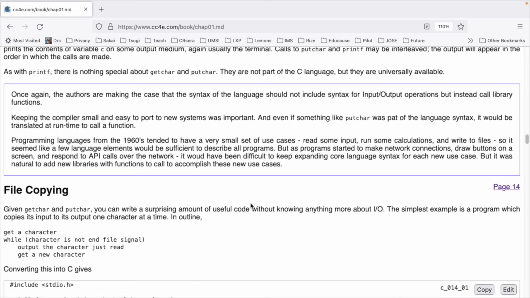Once again, I would note that the authors are making the case that the syntax of the language should not include syntax for input-output operations, but instead call library functions. Keeping the compiler small and easy to port to new systems was important to the creators of C. And even if something like putchar was part of the language syntax, it would be translated at runtime to call